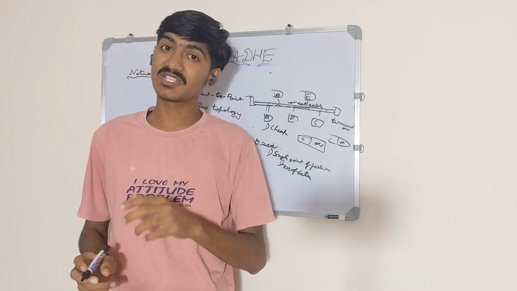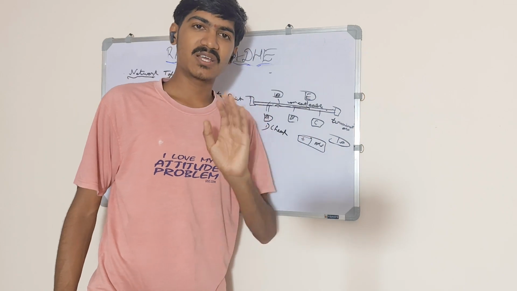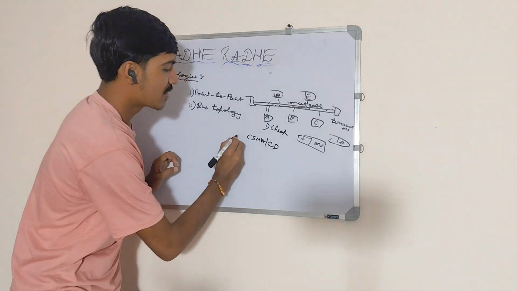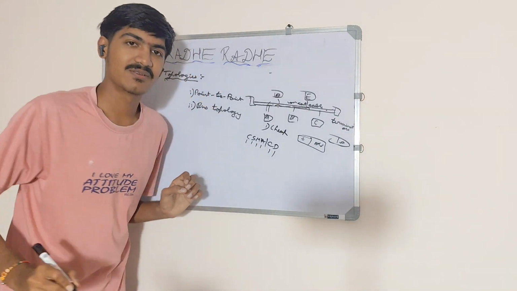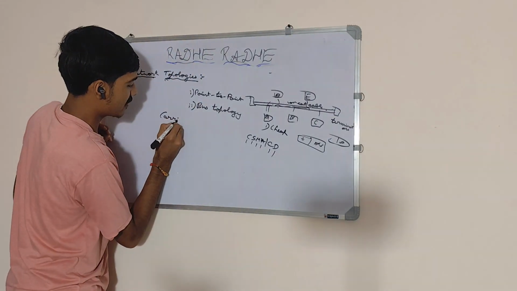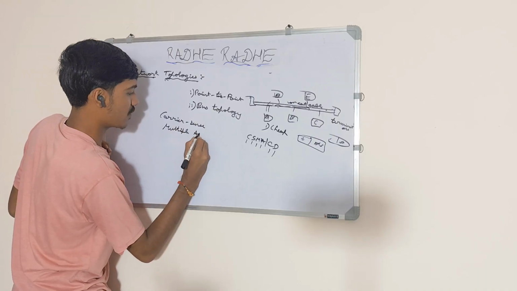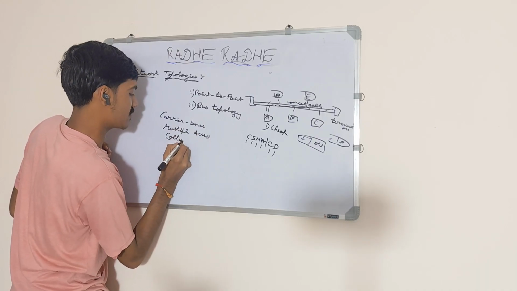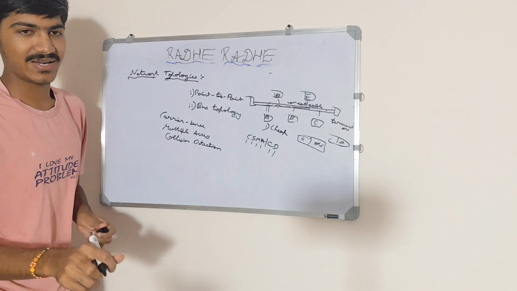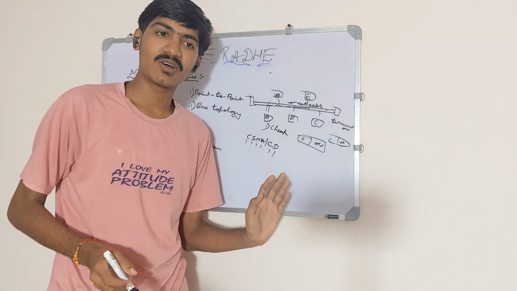Then what did they do about bus topology? These people came up with something called CSMA/CD: Carrier Sense Multiple Access with Collision Detection. A very complex word, but it is very beautiful. Carrier sense, multiple access, collision detection. It's a very good product. This is a technology which was used in bus topology, because most of them were